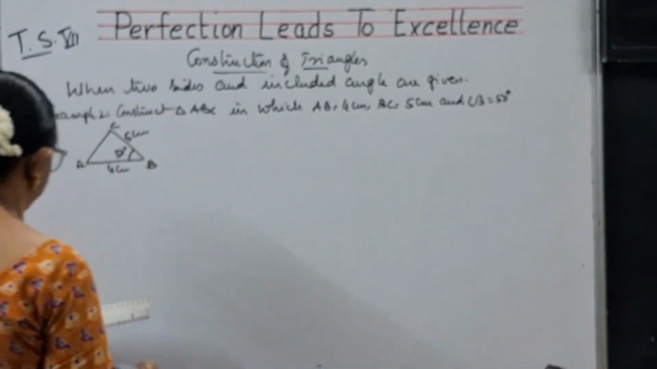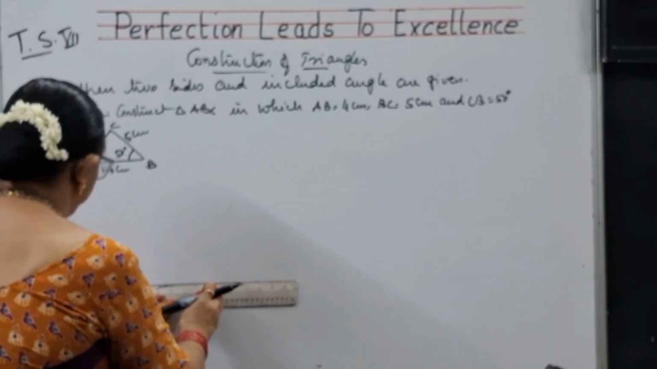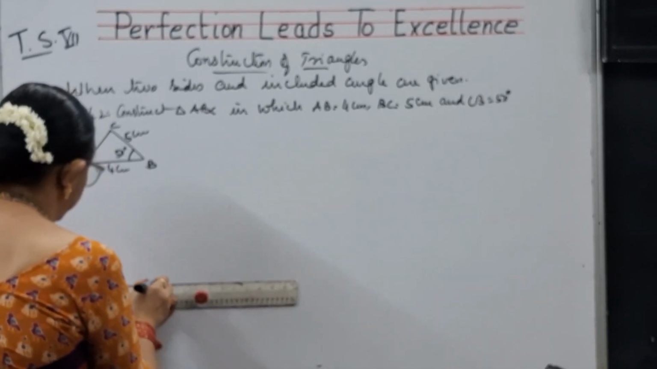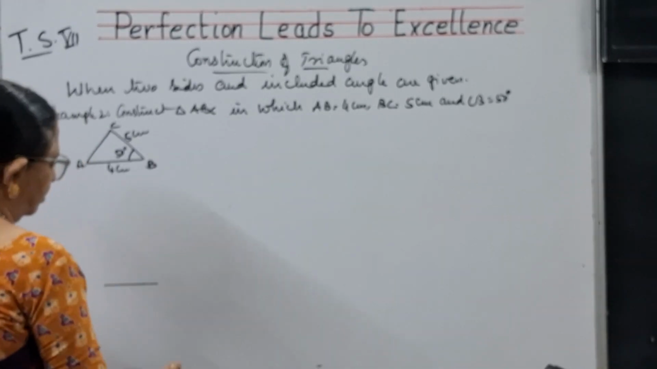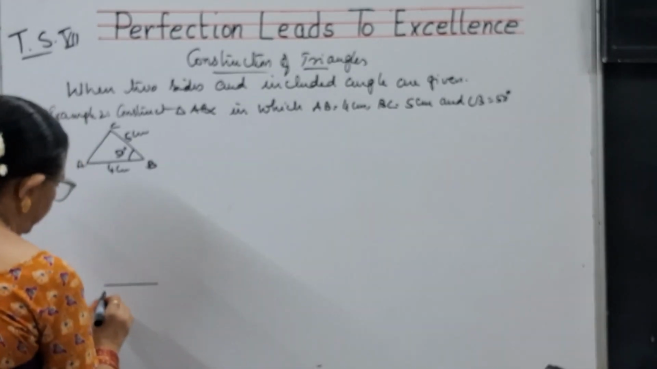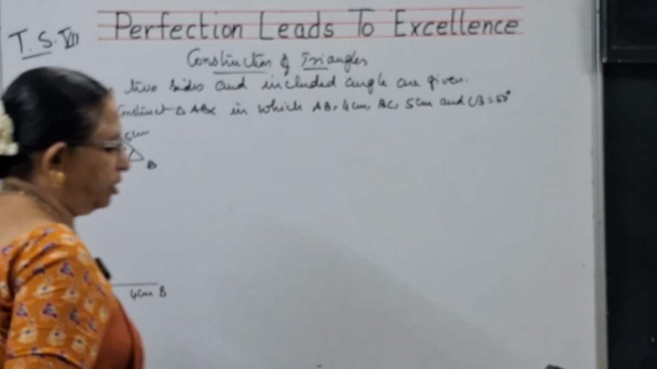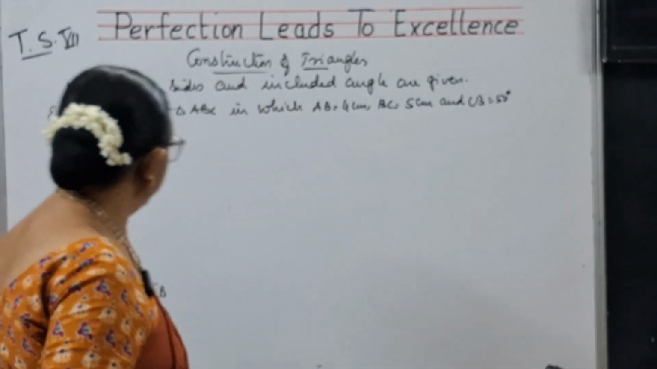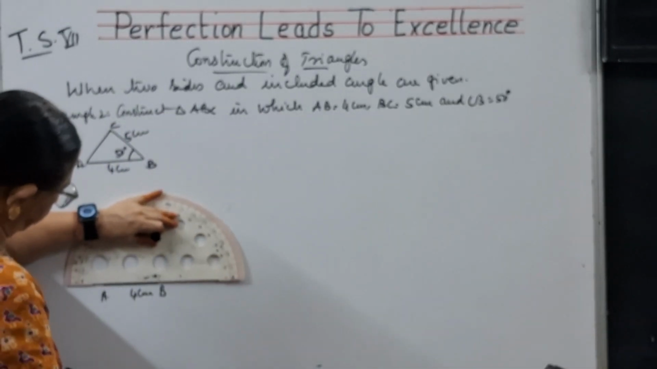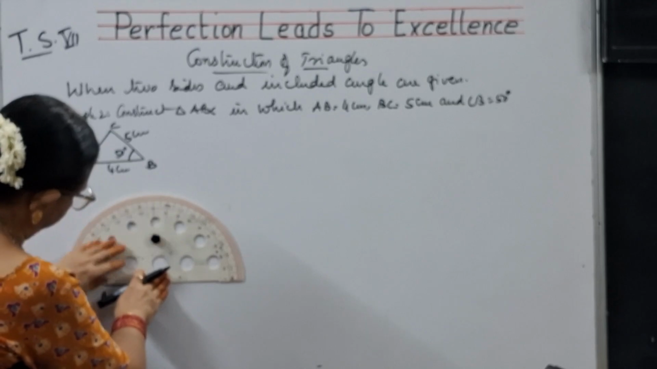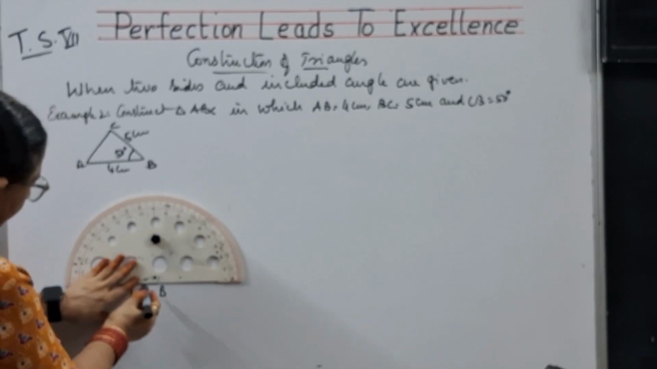We have got base AB. AB is equal to 4 centimeters. So I need to take 4 centimeters of AB. So this is 4 centimeters AB, A and B 4 centimeters. Now what you have to do at B, you have to go for 50 degrees. So this is the way you have to keep the protractor, and since our side is here,